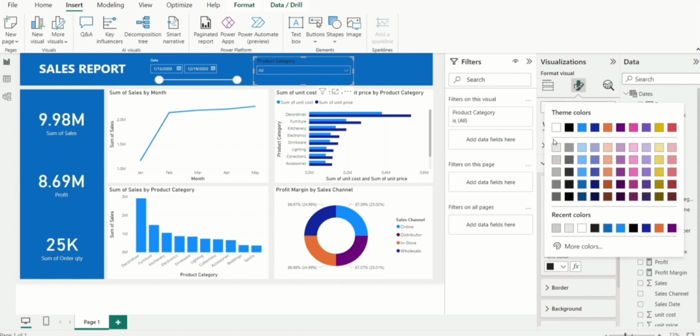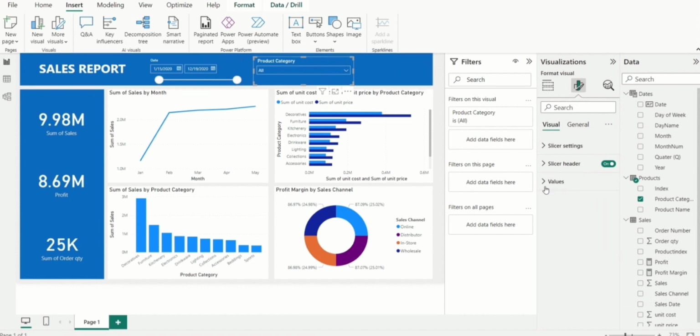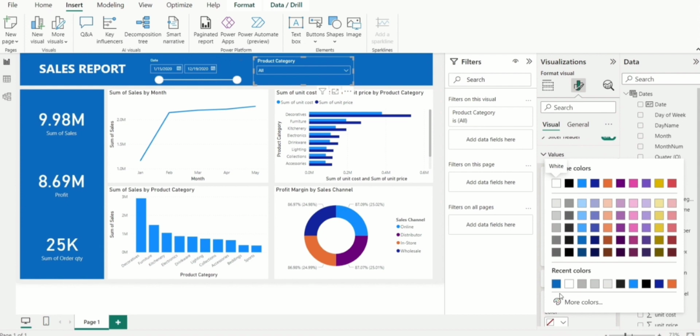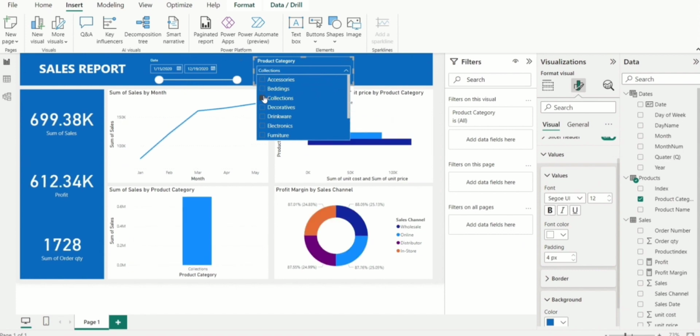I'll change the font color of the slicer header to something brighter. Still under the product category, you can also come to change the background. Come to change the color of the background to this color,